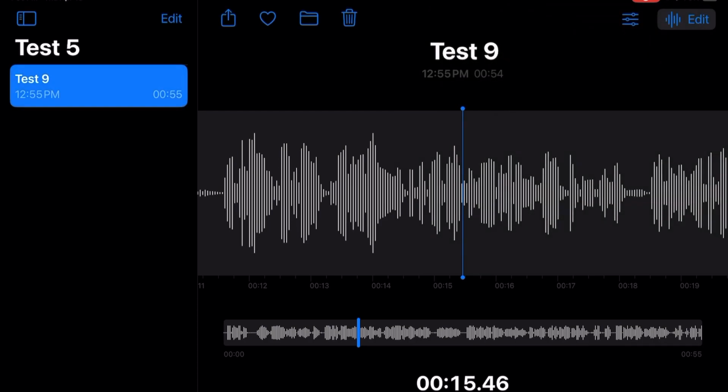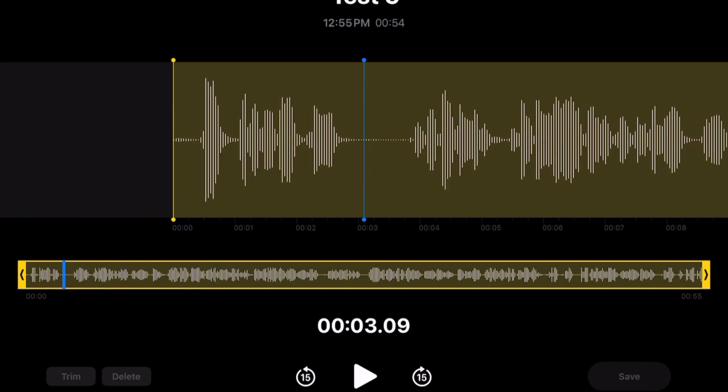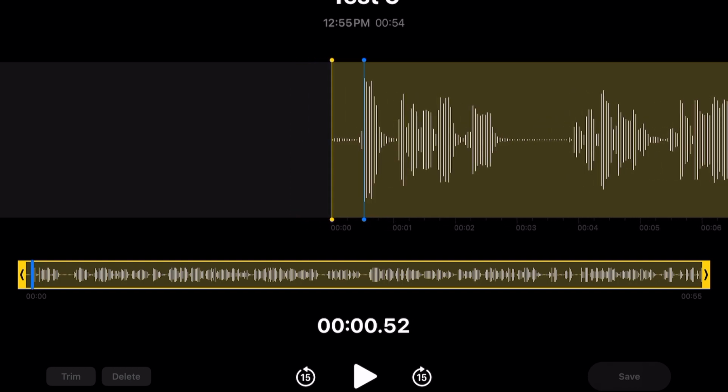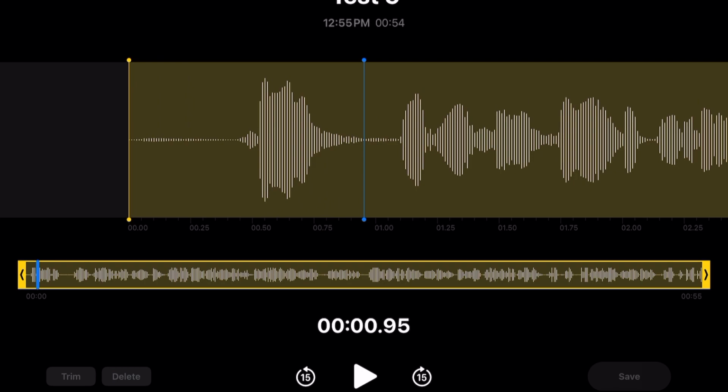The next, if you hit edit, you're going to come in here and hit that icon again. You're going to see that the WAV file has a yellowish background to it. And down the bottom, you have these two arrows. So you have a couple of options here. You notice that they're grayed out right now, but you have trim and delete on the left-hand side and save on the right-hand side. So if you use two fingers on your iPad, you can spread this out